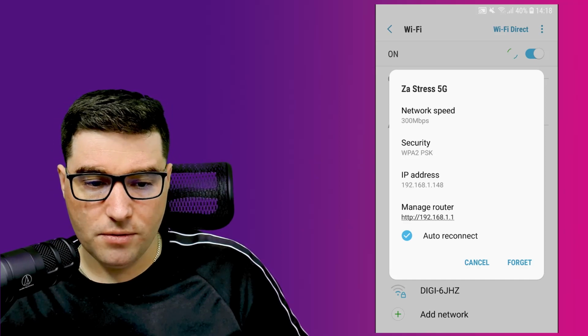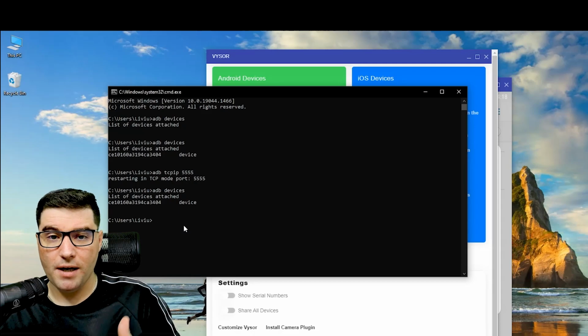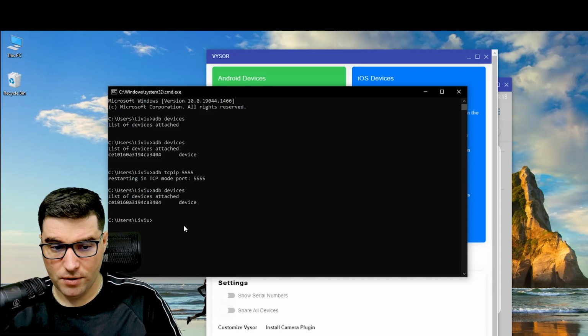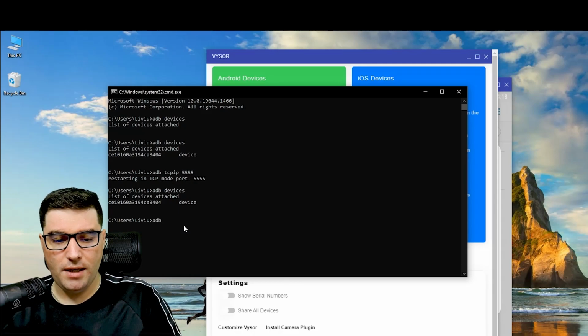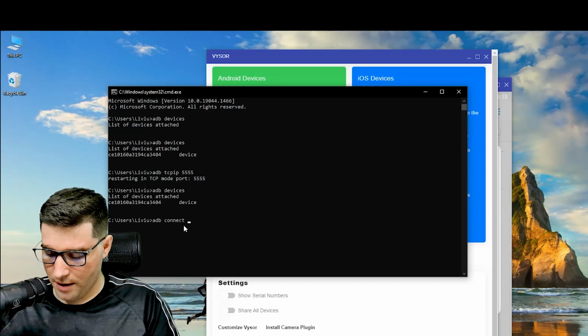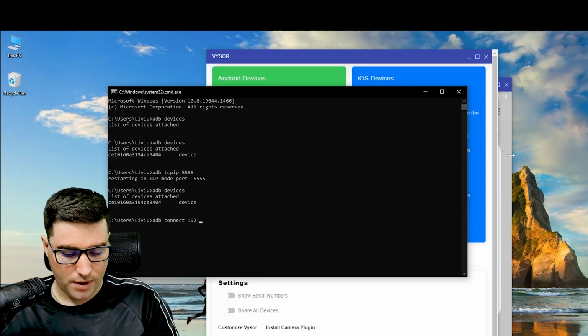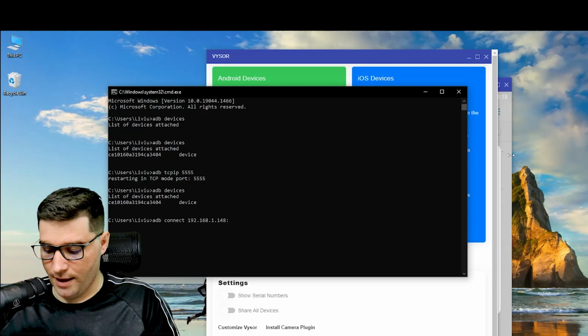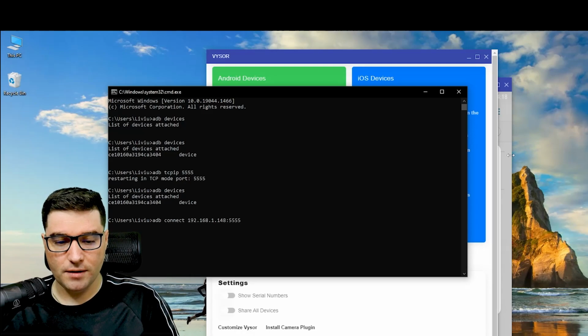So in order to remotely connect my phone to my computer, the command is ADB connect, and then I put in the IP address, so it's 192.168.1.148, and then I give it the port.